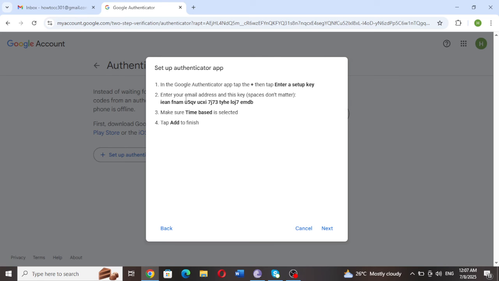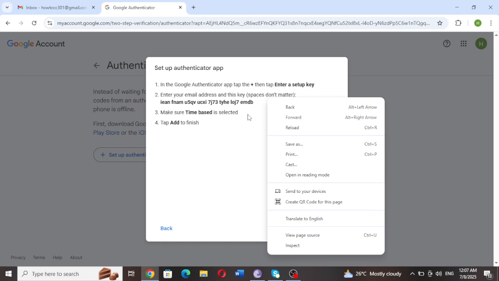all the process. In the Google Authenticator app, tap the plus, then tap enter a setup key. Enter your email address and this key. Spaces don't matter. Make sure time-based is selected. Tap add to finish. And that's it. You have found your setup key